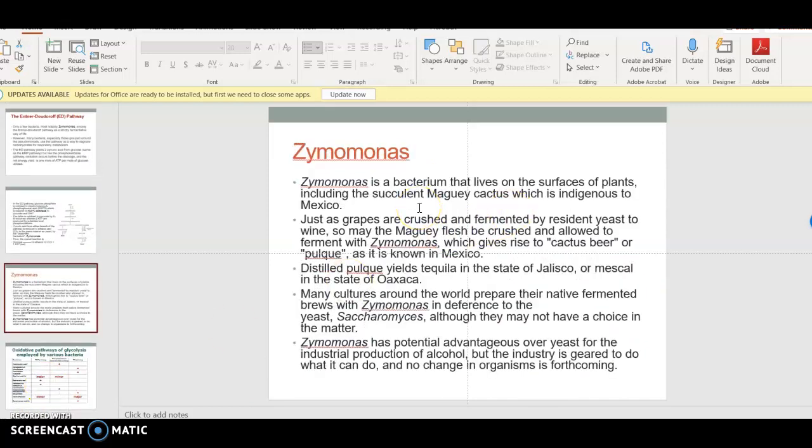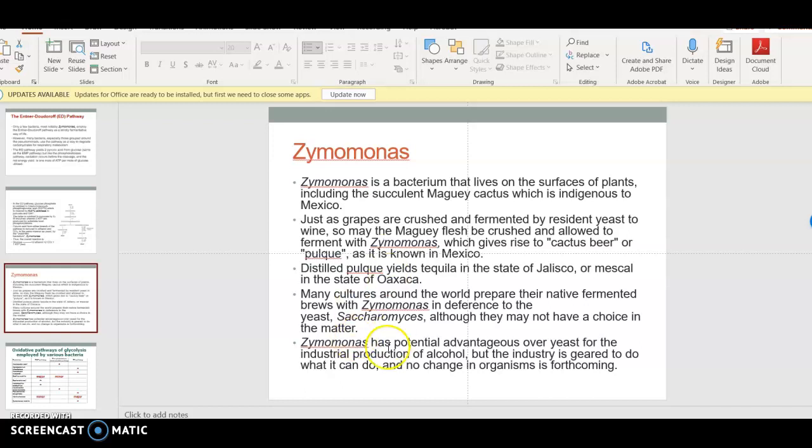Okay, this is an example of the usage of Zymomonas. It's being used in, I think, Mexico. Okay, this one to produce an alcoholic drink. Yeah, because this Zymomonas is actually present naturally on this plant, and that's why it's being used in the production of this special alcoholic drink. And of course, because we use a different kind of microorganism for this alcoholic drink, the taste will be different. For example, the taste of the alcoholic drink in Mexico will be different from the one that is produced